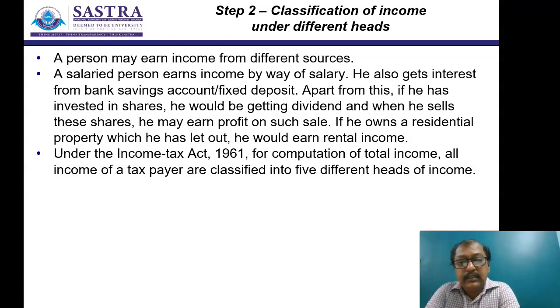And suppose if he has got a share, he may be getting a dividend. Something like when he has a house property, or ancestral properties could be there, he would have rented it, so rent from the house property can be there. So income from house property can also be there. And the same house property can be sold, and in the meantime he may be getting something called a capital gain.